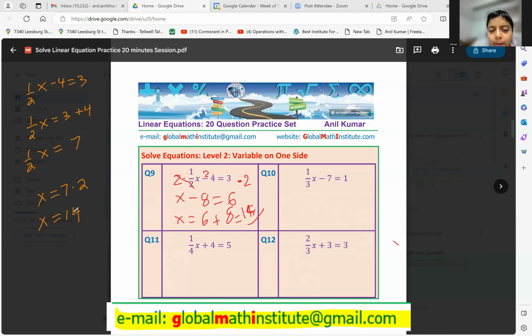So you get minus 7 from both sides. I mean plus 7, not minus 7. Do it and then solve the question on the screen. So then you minus, so it'll be turning to 1 over 3 x equals to 1 plus 7, which is 8. Perfect. So then you multiply 3